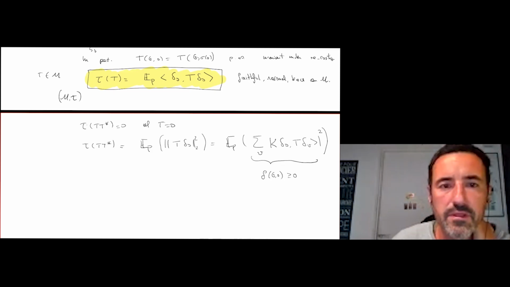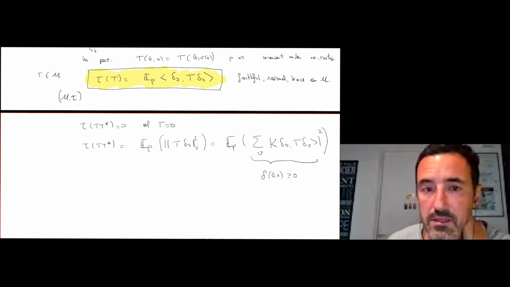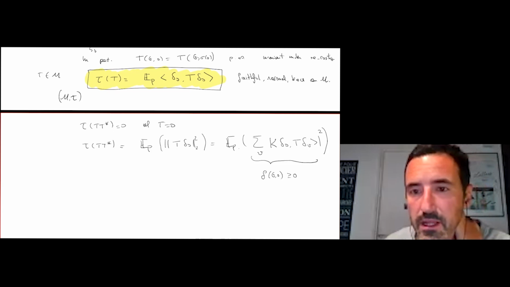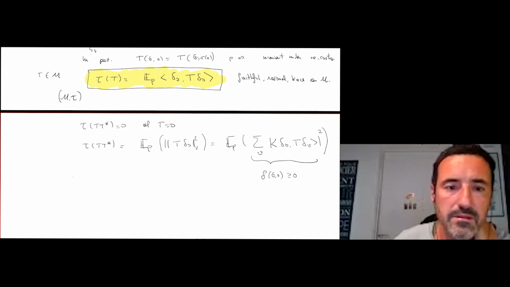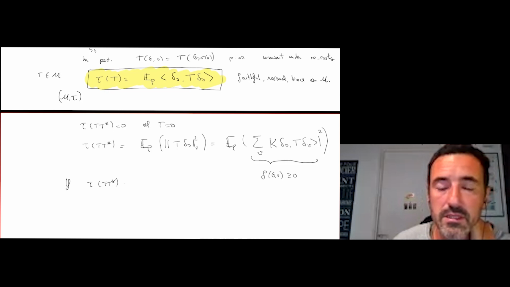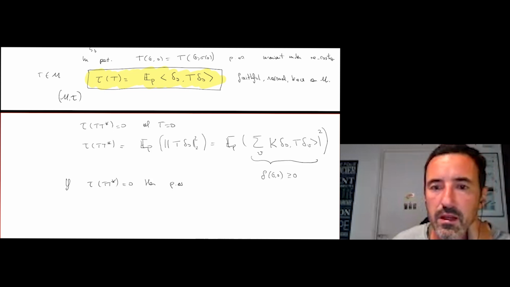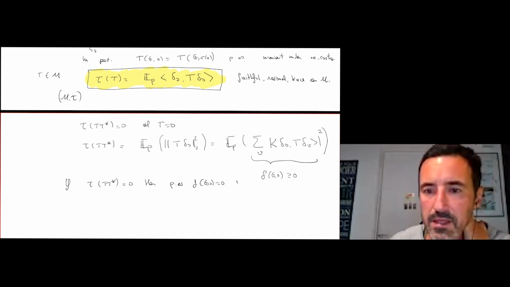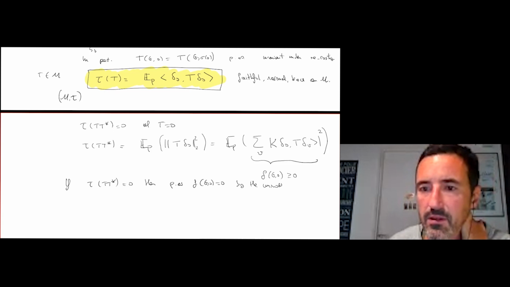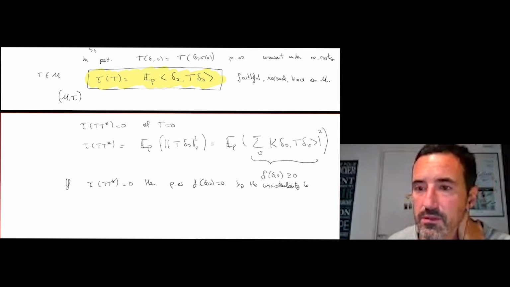If tau of T star T is 0, then almost surely f of G, O is 0. And then by the unimodularity lemma, which I called everything shows at the root,